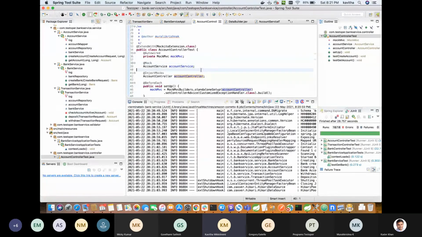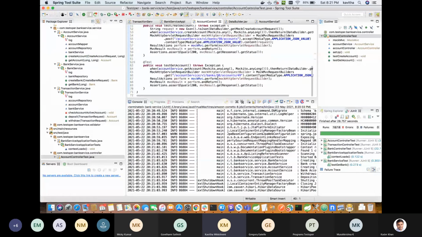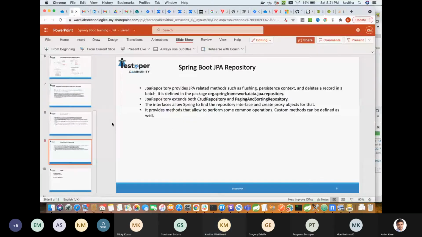And currently, the JUnits have to be there for every code we write. So it is important we do this as part of a practice. We ensure that JUnits are written along with our classes, so that we don't have to go back and do that. Okay. The Spring Actuator I'll cover as part of the next session. That's where we are.